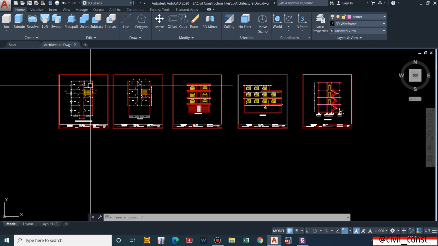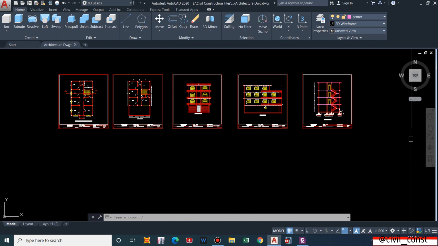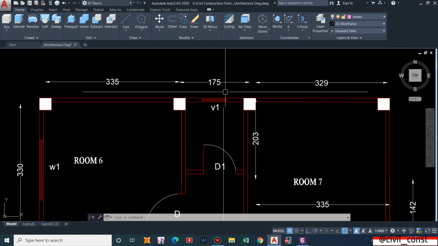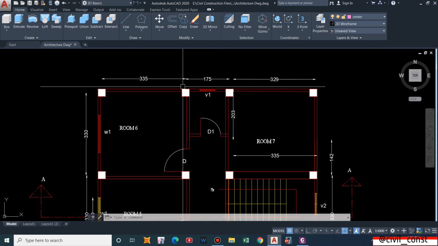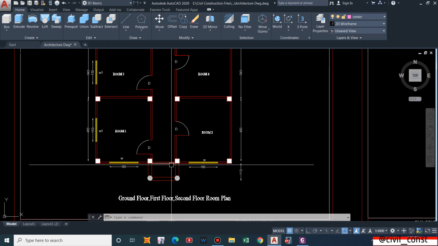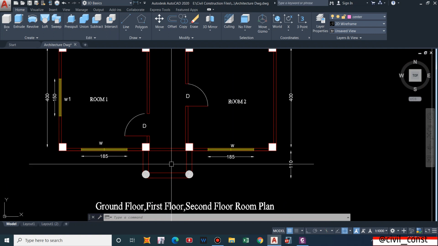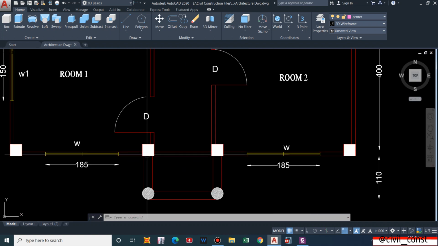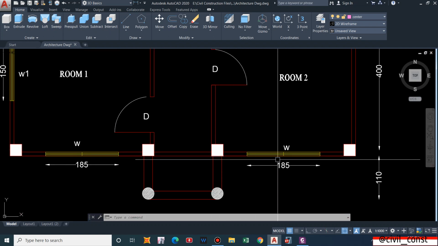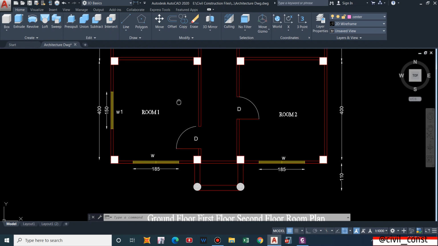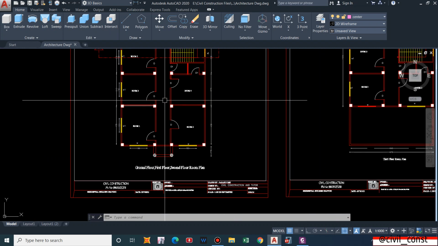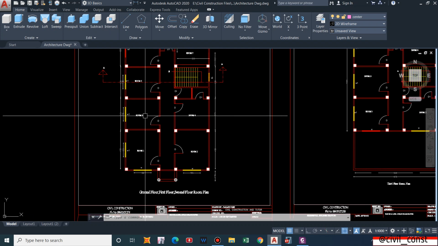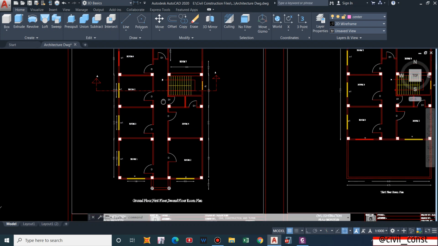So we have the plan view, elevation view, and sectional view of the building. The dimensions are in centimeter, and we have a circular column that supports the balcony, and columns of size 300 by 300, that is 12 inches by 12 inches, and beams of 230 width and 350 depth, that is 9 inches by 14 inches.